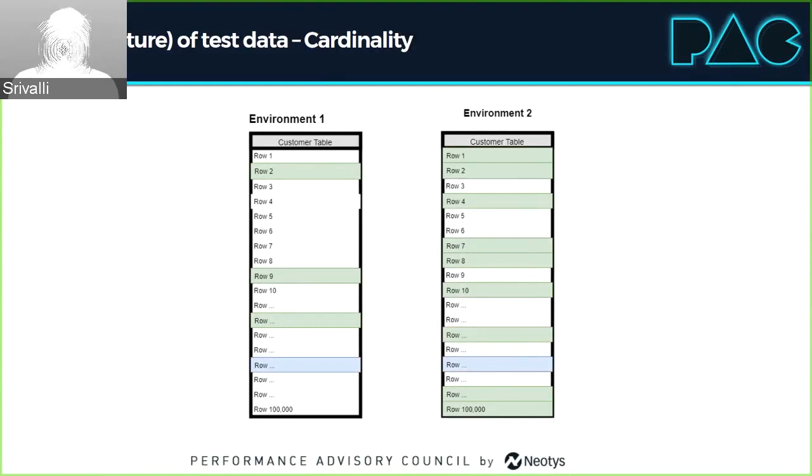So maybe I can just do an index scan, assuming there is an index. Because an index scan is efficient, with less physical disk access and much faster, it might go ahead and do an index scan. But when your optimizer looks at environment 2, it might think, okay,